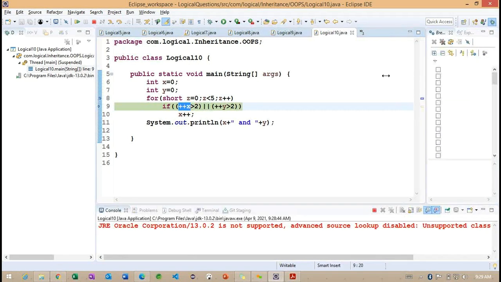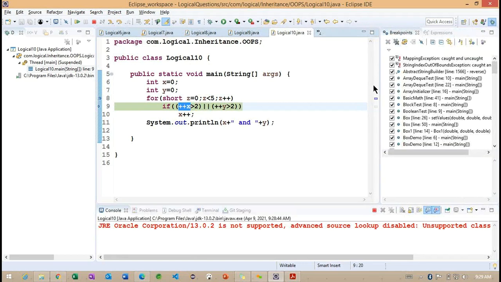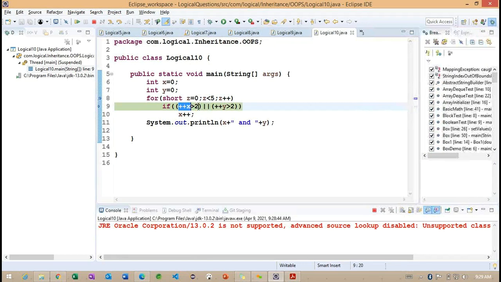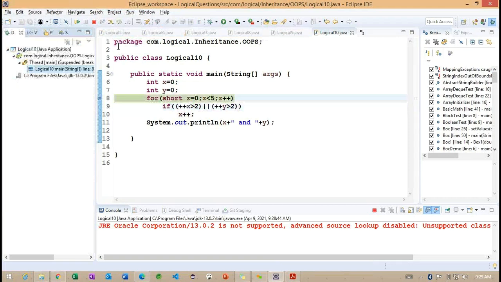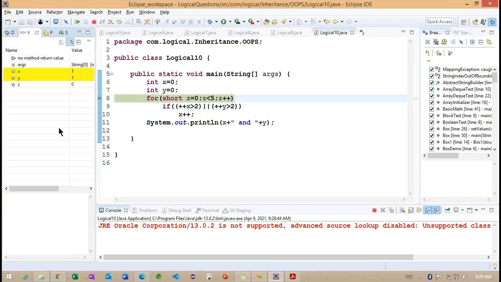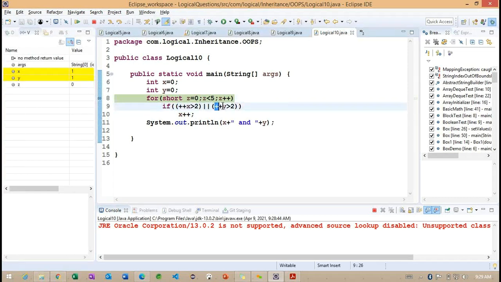Now you can understand, if it is not satisfied, where is the variables section? So try to check here, the left side section, how the variables are changing. Now the x value is increased, the y value increased. So x and y values are both increased here. Getting the point. Basically, we are working on both pre-increment operators.